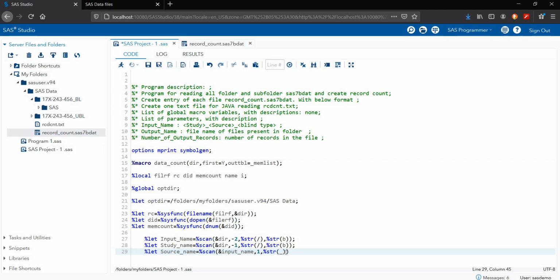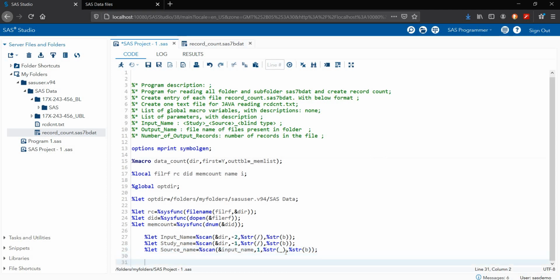The underscore is my delimiter, and at the end I'm declaring the backward b. So this is done for the study name, the input name and the source name.